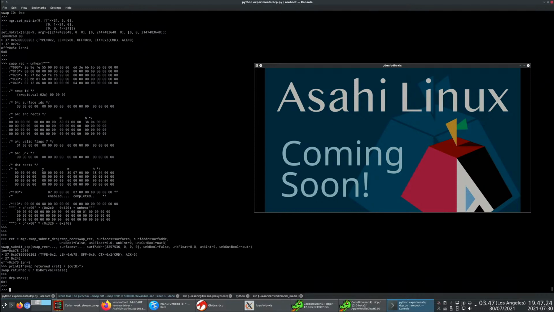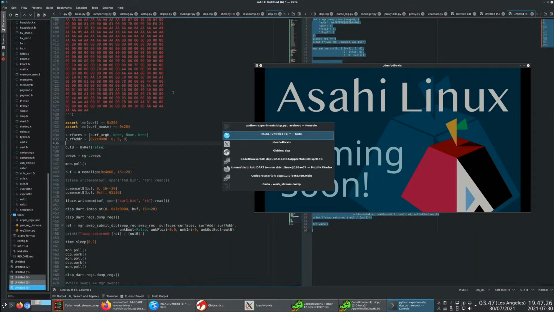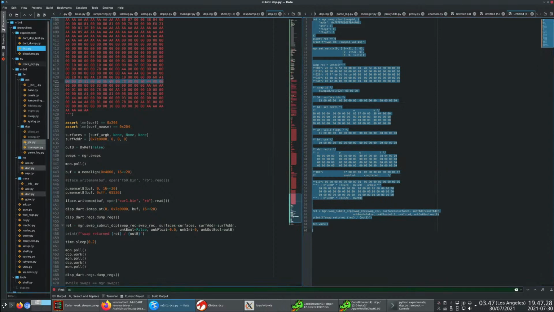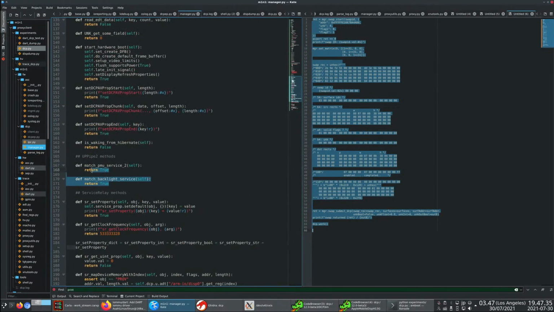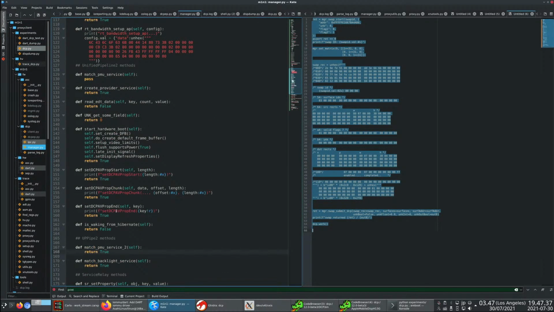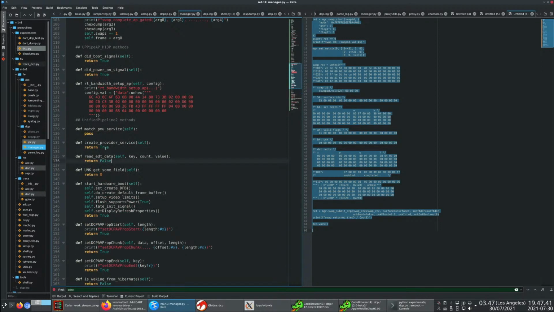I only implemented a subset of what macOS is doing. Well, the thing is, I'm doing what macOS is doing pretty much the same way. The main thing is that all these match backlight service things are changing state in macOS, which makes sense because macOS has a framework, all the IOKit stuff,